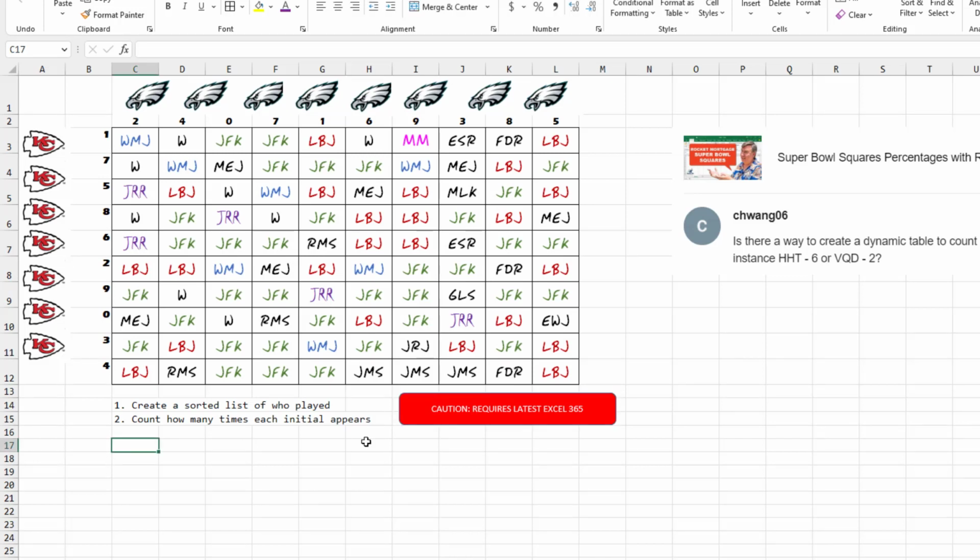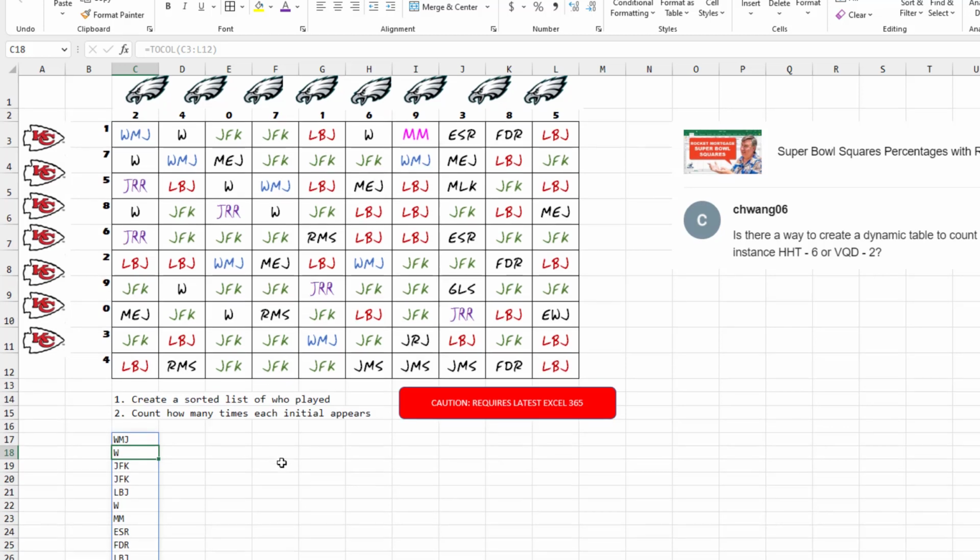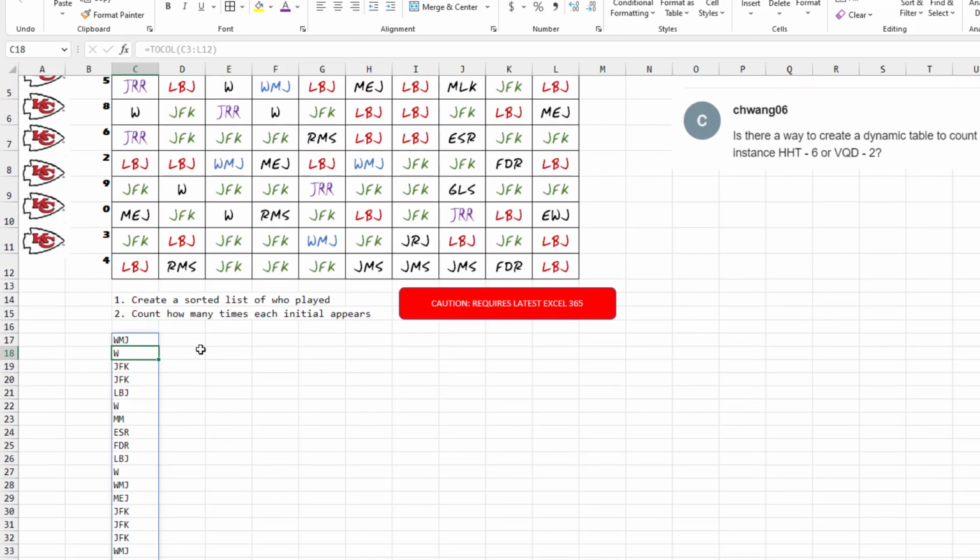All right, so the first thing we're going to do is take that 10 by 10 square and make it into a single column. That's equals TOCOL. So we're converting that to a column. I'm going to do Control-Shift-Up, Control-Shift-Right, and then Shift-Down to select the 100 cells. That takes the items that we see here across the first row and just moves them down. This creates 100 cells.